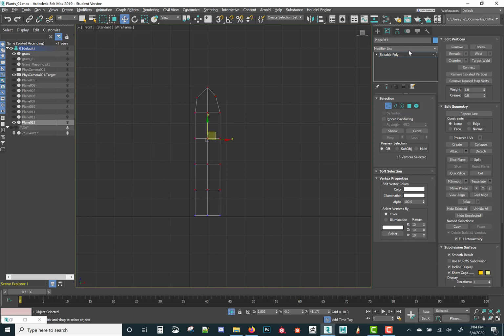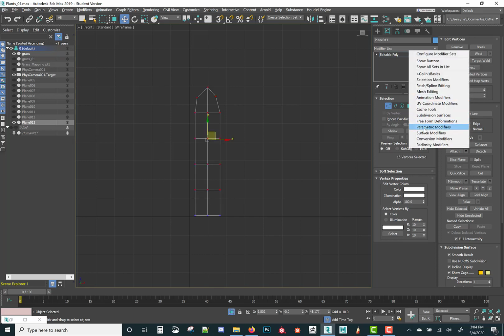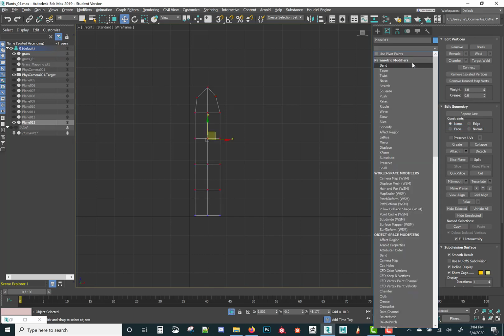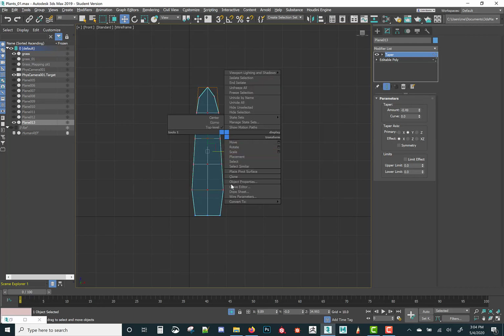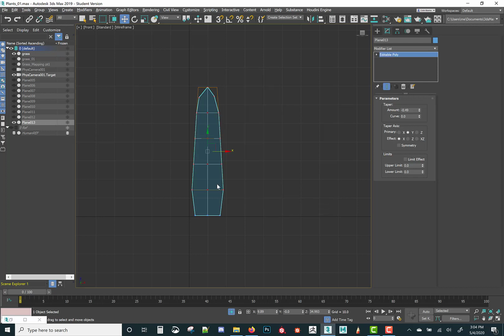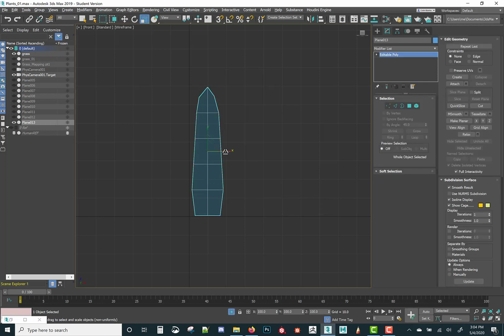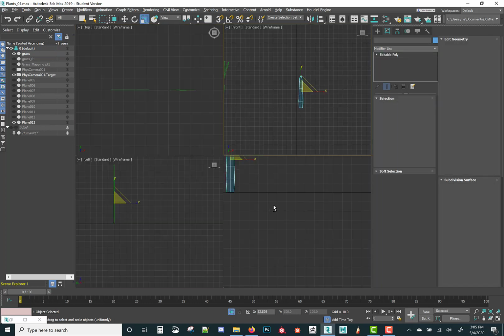I think I even added, let's go to parametric, I think I added a taper to this a little bit. I don't know why. Something like that. And then it's just collapse it, and I'm going to scale it down a little bit. And then I just made a couple copies. At this point,